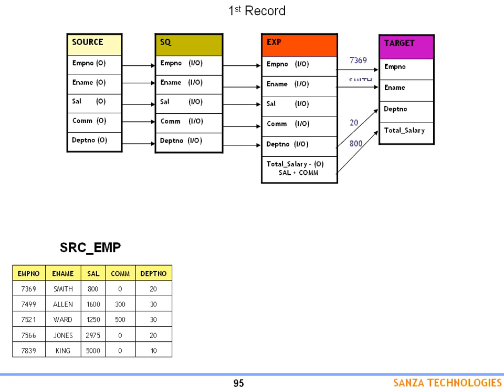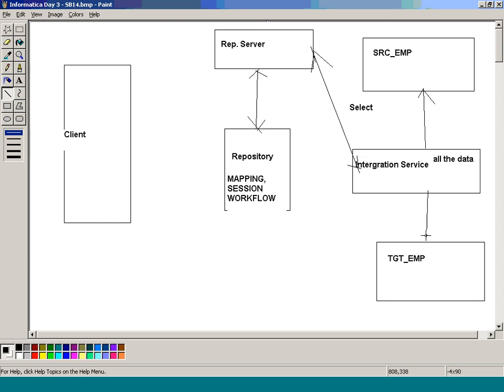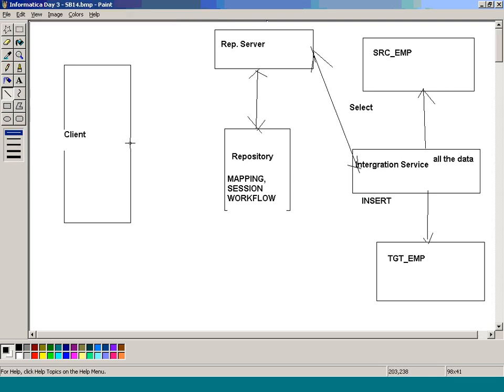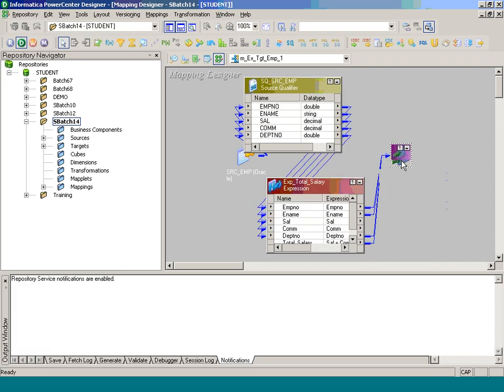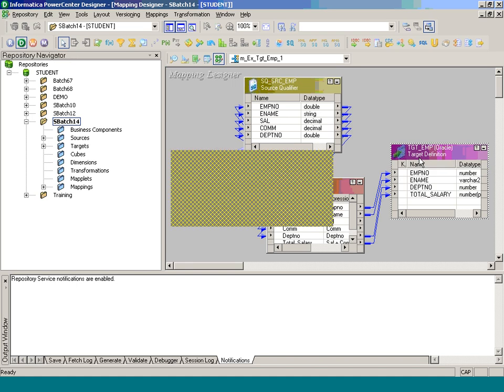It goes out of the expression transformation and calculates it. Then, based on your connection, it will connect to the database, into your target database, and based on the insert function you have specified at the session property level, which is stored in this repository, from where it will pick the information. Based on the insert, how will it write the insert statement? Based on the columns, the ports which are connected to it, and the table which has it, it will write the select statement and insert statement by itself,